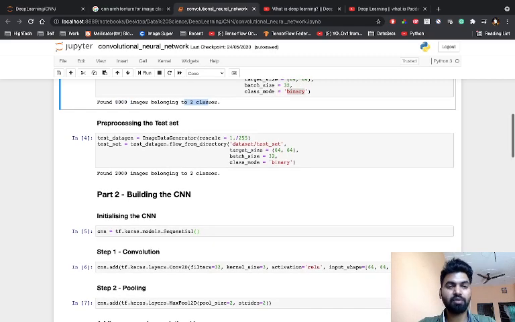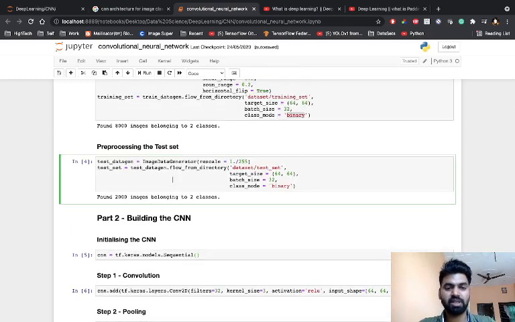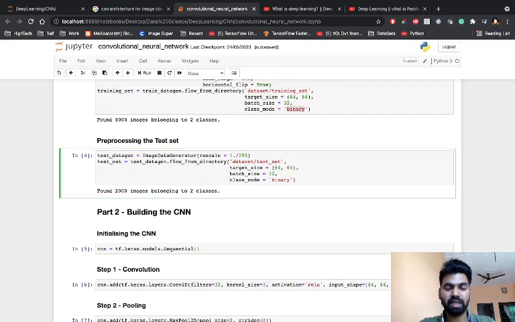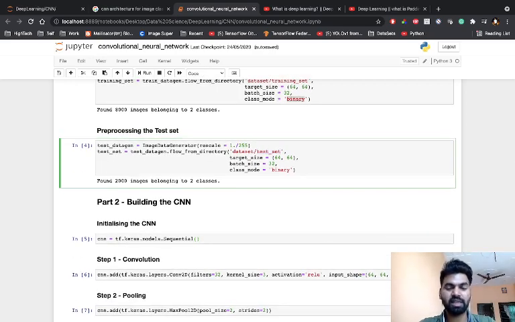The same part which I did for the training set, I need to do for the testing set. You can directly copy the above code and paste it here, with the target size, batch size and class mode, but the directory is different, because this is the test set, which contains different images. Apart from that, it's the completely same process. This is the data wrangling part, where we do some transformation; the technical term is image augmentation, or data augmentation, where we apply data transformation techniques on the images. So this is called data augmentation.